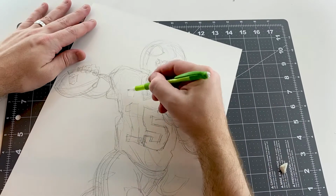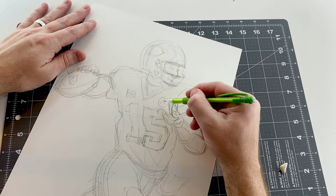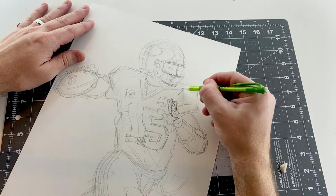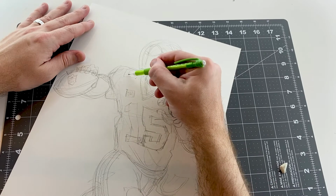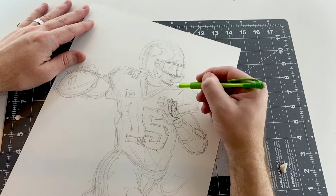Don't be afraid to erase and start over. That way, you can really define everything the way you want it and get it to be perfectly the way you want it. Don't be afraid to erase and start over. And then lastly, after you've